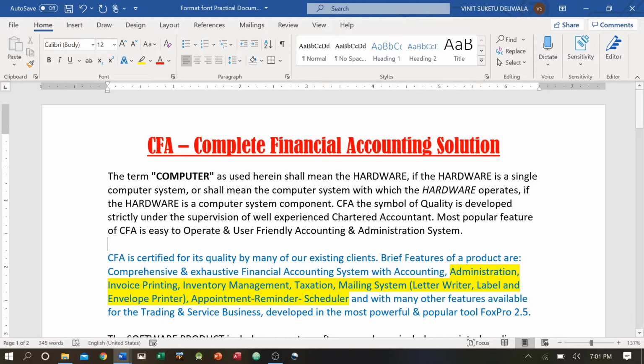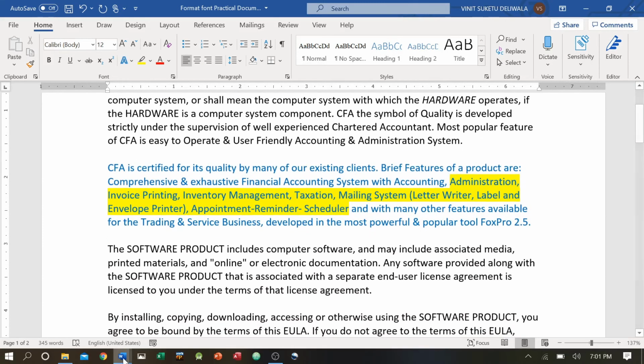But remember, highlighter will not appear when you print the document. This yellow color will only be visible on screen when you are seeing the document on screen. When you print the document, highlighter doesn't appear. Whereas font color, font style, font type, font size will appear when you print the document. So that was the highlighter. The next thing we can see is the cases.